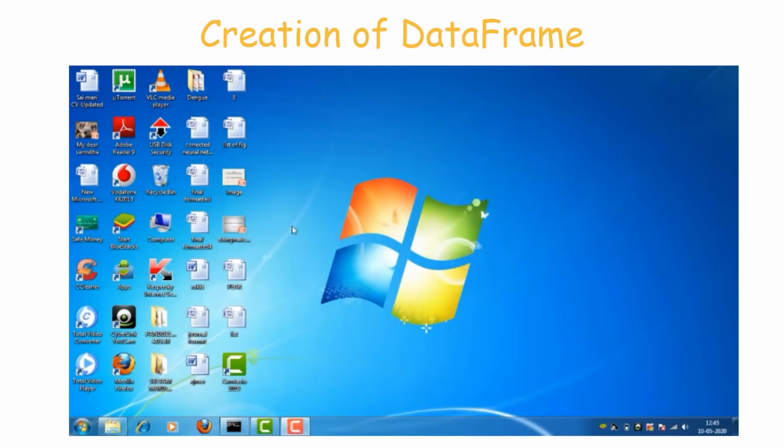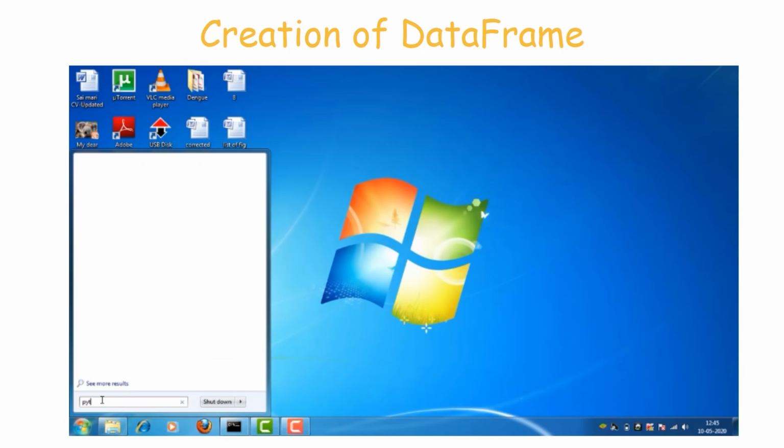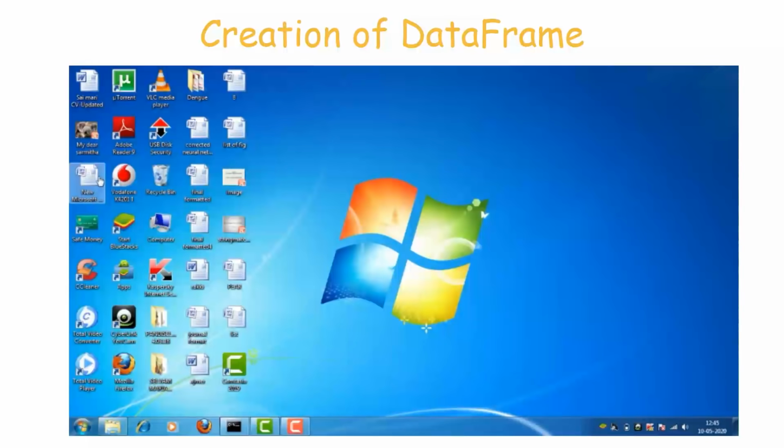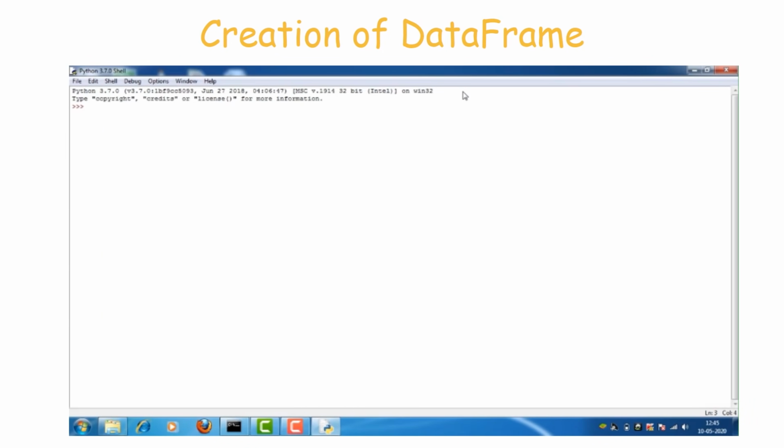Now we are going to see how to create data frames. For creating data frames we have to open the Python IDE. We import the pandas package: import pandas as pd. The as keyword is used to specify the nickname of the package.